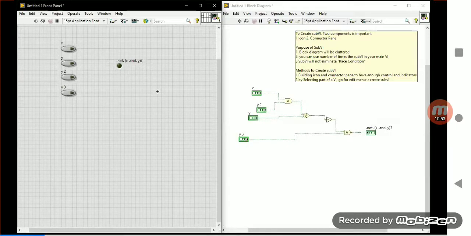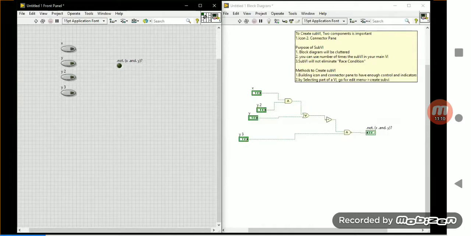So in the front panel we are going to make use of the creation of the connector pane. You are going to choose it over there. First you have to click on the first square box, then go for the terminal, go for the control which you want to make as a sub VI. So click it over there. You will get a blue color, green color you will get, okay?